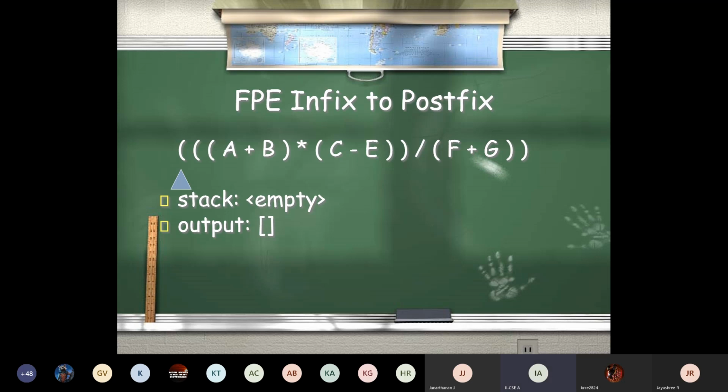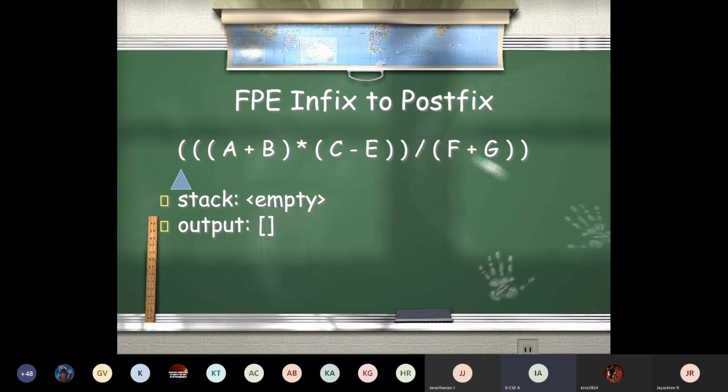So in your stack, we are not going to push your operands. That is the thing I want all of you to remember. Your stack is going to hold only the operators and the parentheses. Your stack can hold only the operators and the open bracket alone. Even the closing bracket we won't push into the stack. Other things we are not going to push into the stack. And your operands, that is A, B, C, D, E, we are going to print in your output. So your output will hold the postfix notation.